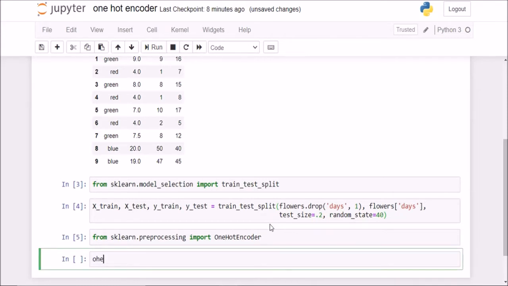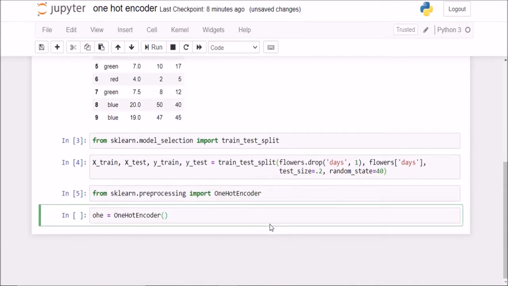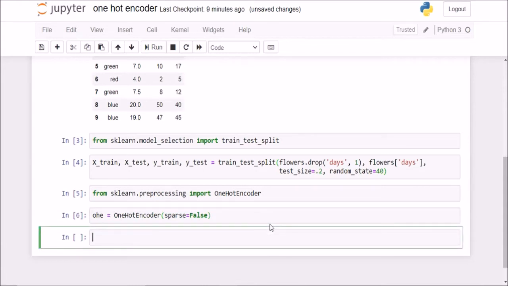Okay, and now I'll create a OneHotEncoder object and I'll specify sparse equal to False. By default it returns a sparse matrix, but we want a dense matrix, so I'll specify sparse equal to False here. Okay, so this is the object that we have created.